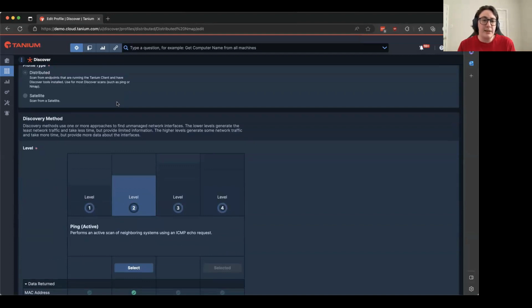When it scans subnets that it's not in, you will not have a MAC address, but it's pretty good information and very helpful, especially if you've got, say, a new site that you're trying to onboard, or you've just purchased another company and you need to know what they actually have on their network because it might be scary. You can just set up a satellite and give it access to their network, tell it what subnets they use,